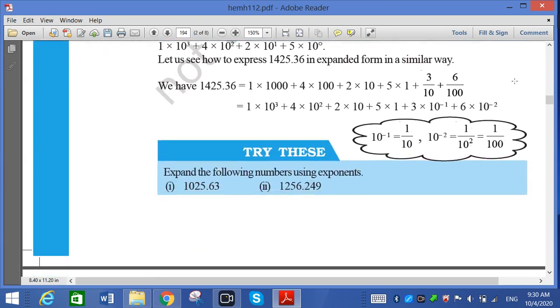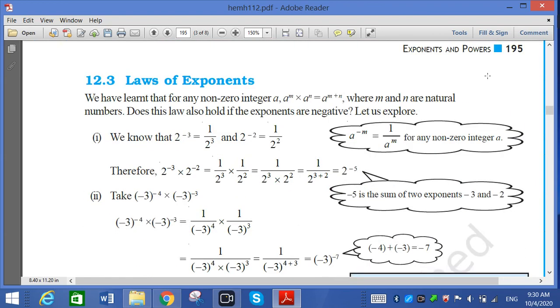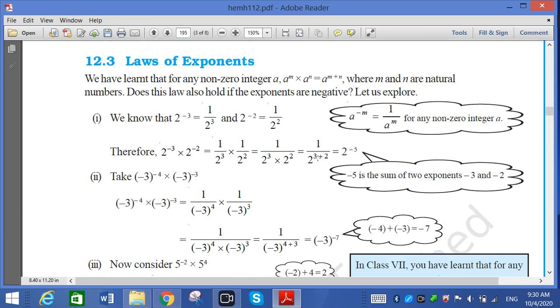Now we go to the next topic, the laws of exponents. That is important for us. There are 5 laws of exponents. Out of these, we are doing the first one here. It is called the multiplication law. We know that in multiplication, what do we have to do? We have to do the addition of